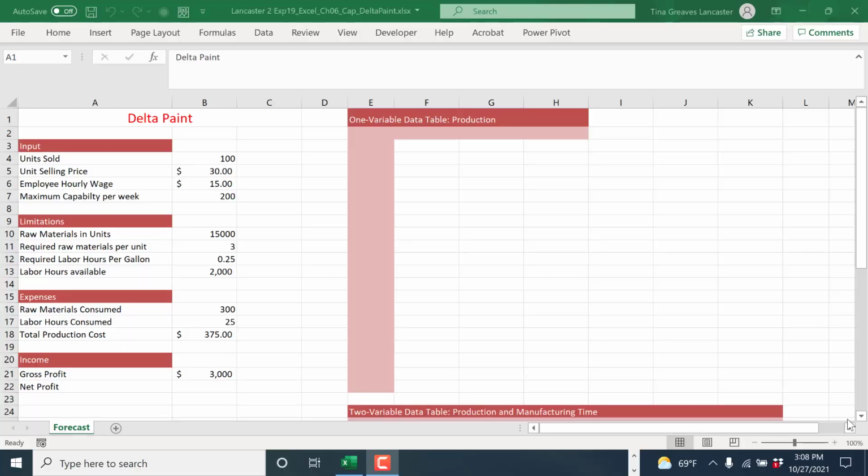Greetings. We are going to look at a paint company that produces gallons of paint, and we're trying to figure out our income and expenses and whether or not we can make a net profit based upon our maximum capability, where we can make a positive net profit. We want to see what our capacity is. We will be looking at constraints, variable data tables, 1 and 2 variable data tables using what-if analysis tools, and